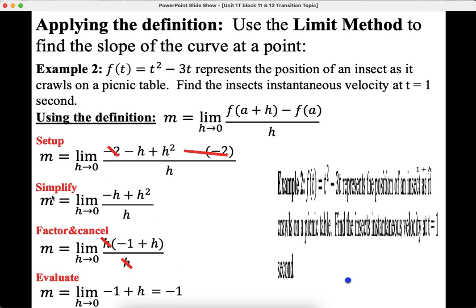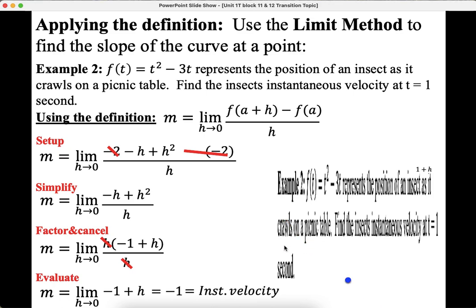Notice what I did here. I started calling it slope, right? The m. So my slope is negative 1. And so that's the instantaneous velocity. I've got some problems here with the video, but